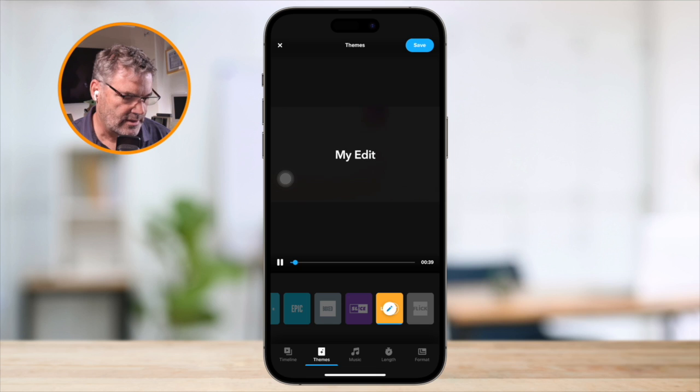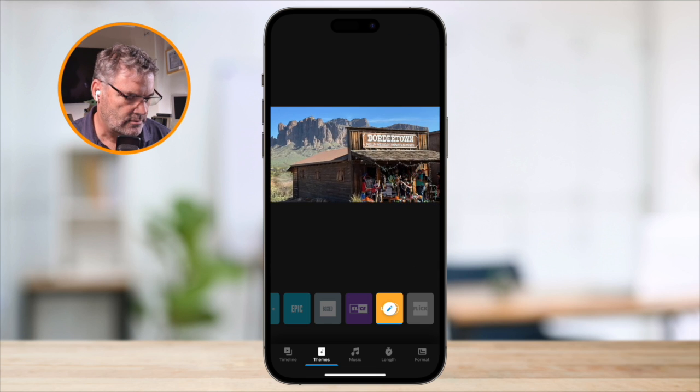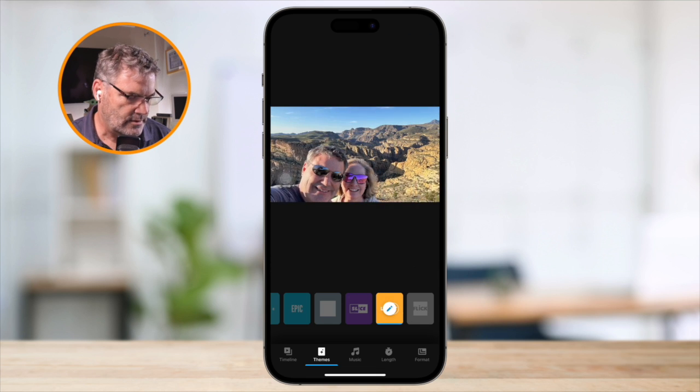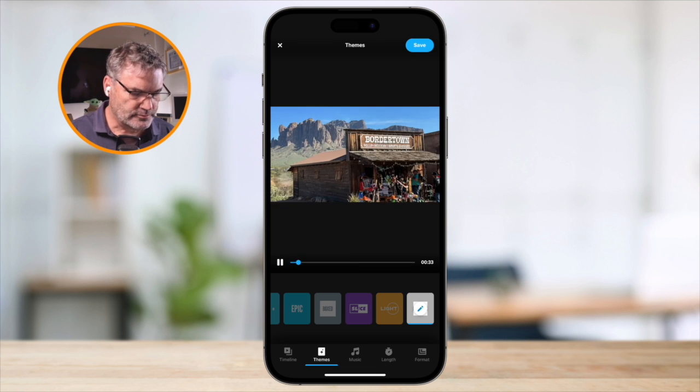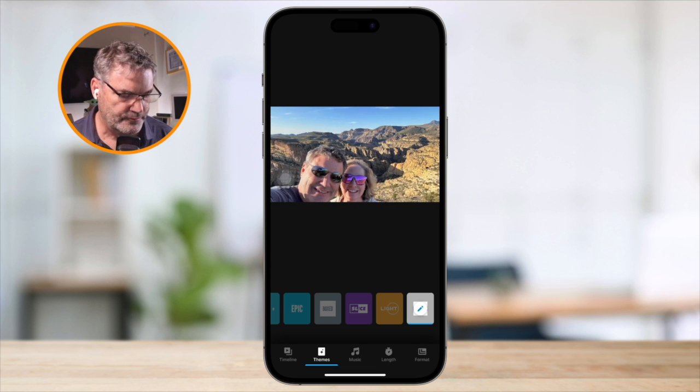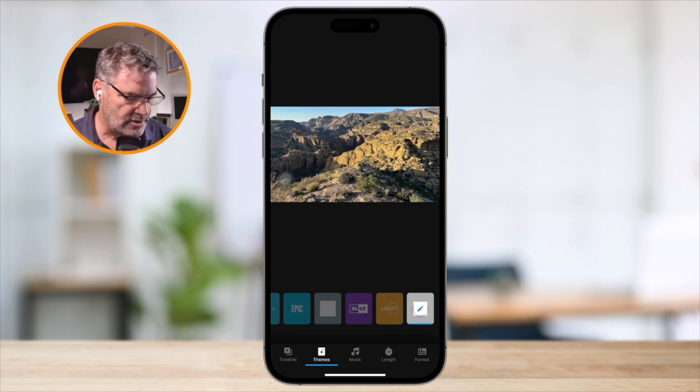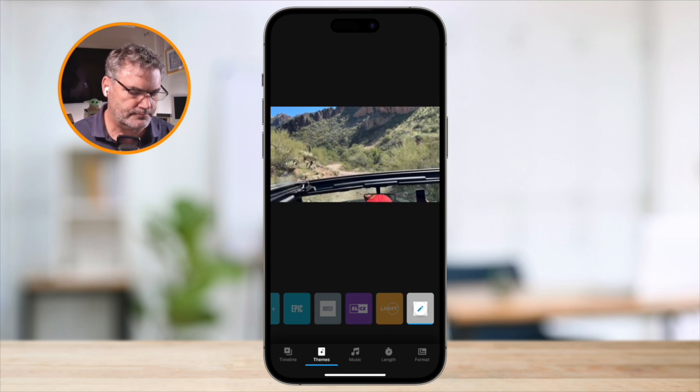Change their light. I think this puts a little bit of a filter on it. There's a little different one. And again, it's all doing it to the music. But on top of that, this is nice for